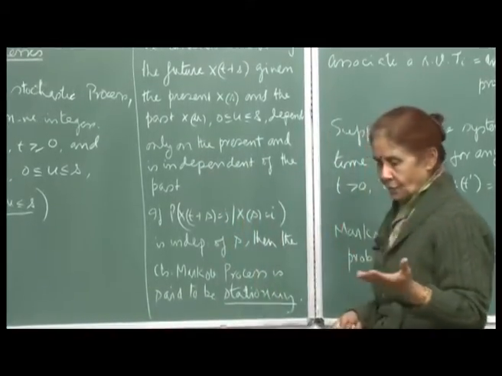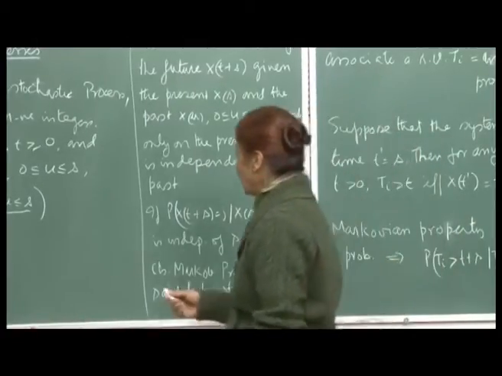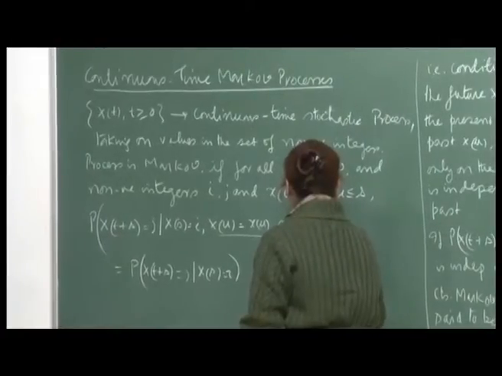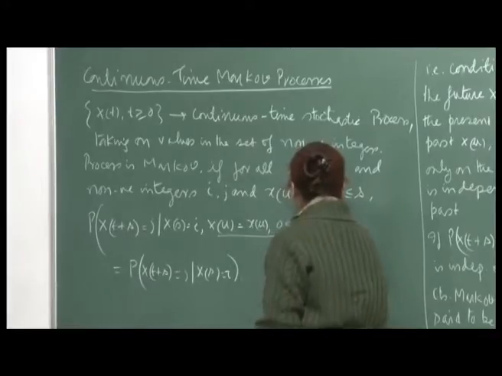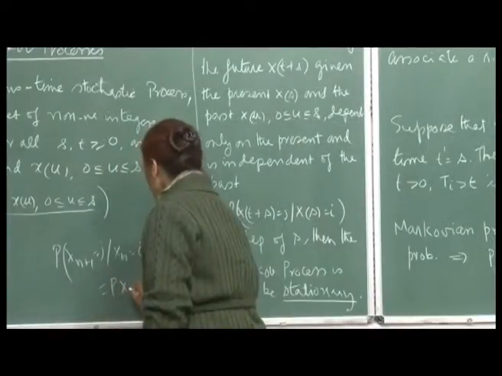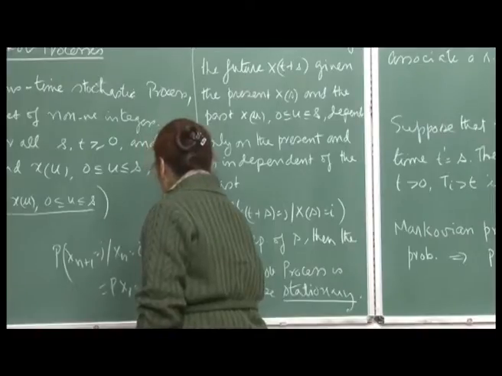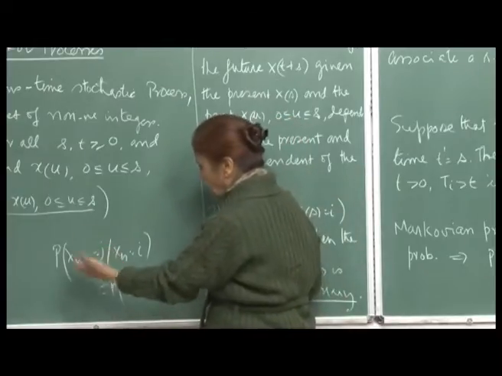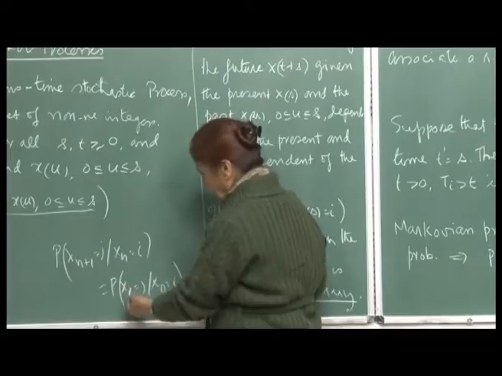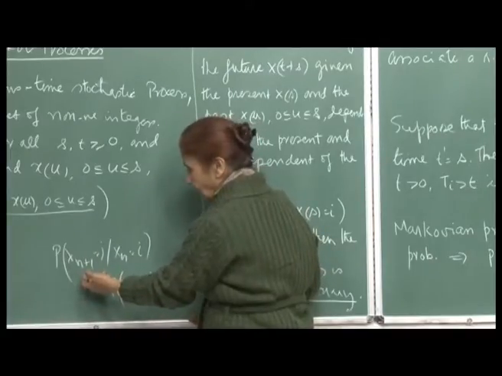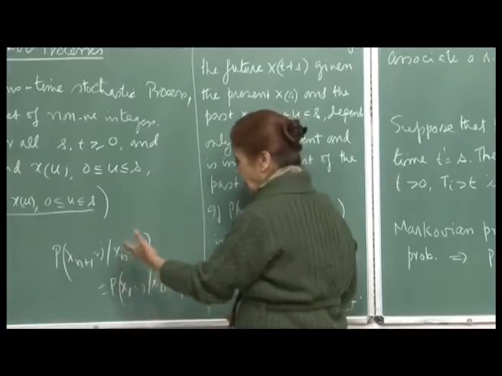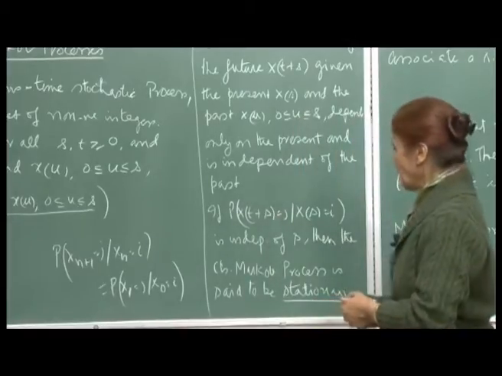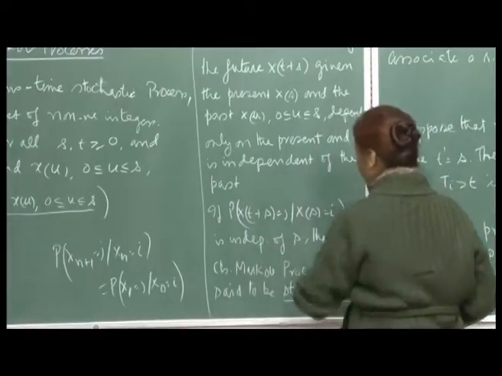And if you remember the condition we were saying for stationarity, in the discrete case we were saying that the probability X(n+1) is j, given that X(n) is i, is equal to the probability X(1) is j, given that X(0) is i. So, the same property. Okay. It does not matter when you are considering this conditional probability, whether at time 1 or at time n+1, does not matter. So, then we said that in this case the process is stationary, because it is independent of the time, right. So, the same property is being carried over here.